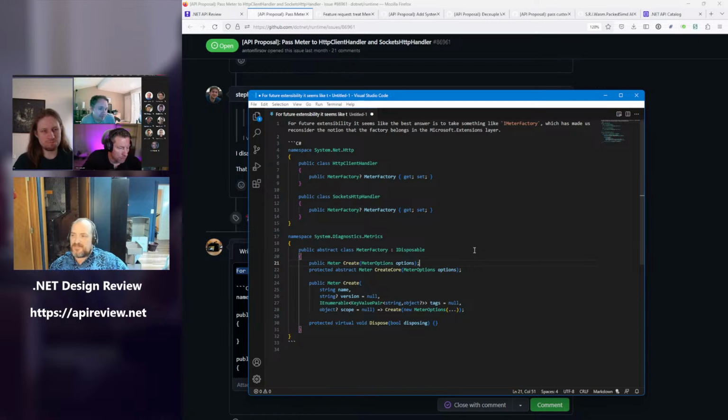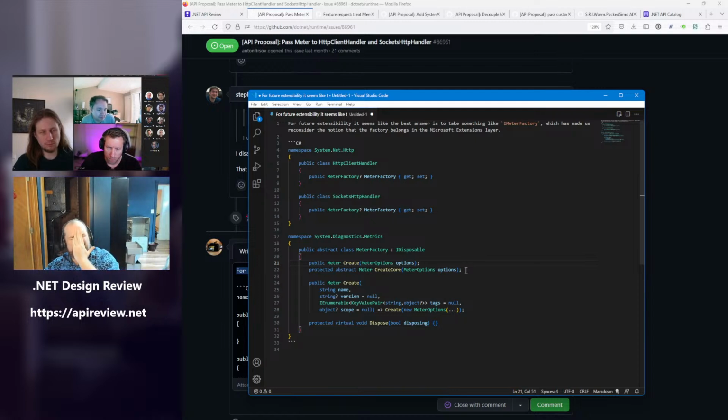That makes sense. Yeah, I mean, the shape here is the interface turned into a class, and if the answer is the base, like the create doesn't cache anything and it just defers straight to create core, that's easy. If it wants to do the caching, it can, etc. So I think if we say that this is the co-approved shape, unless anybody has feedback on the shape, then that lets this get worked out.